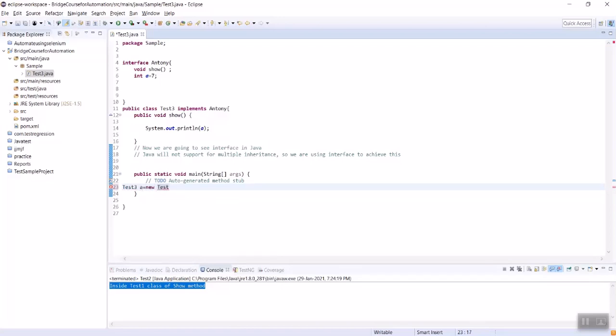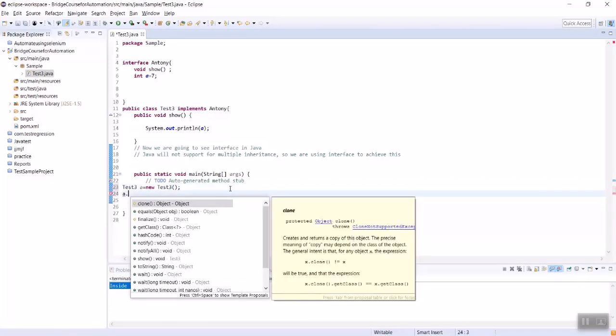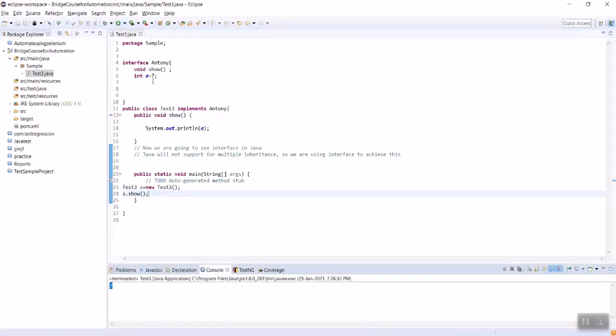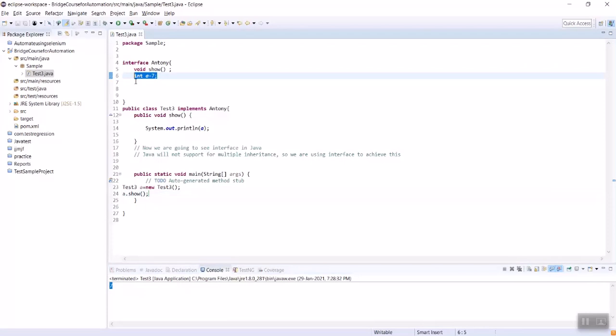We need to create the object for the class, then call the method with object dot method name. In our case, we have created the object for the class test3, then a dot show, the method name at line number 12. So when we run it, we'll get the output as 7, which is what we have at line number 6. This is how the interface works.